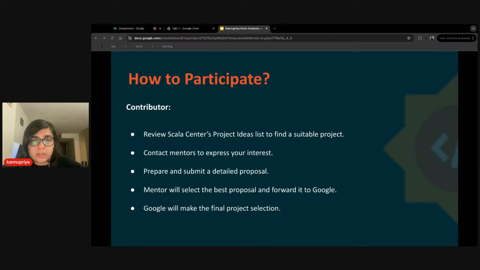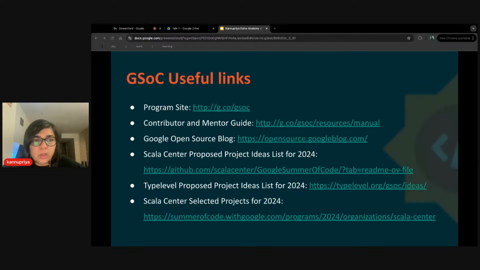Google will make the final decision on the project's selection. So the people pushing it forward are your mentors and Scala Center organization, but the final decision on how many projects are going to go ahead, which are going to get funding, is going to be made by Google. And coming next on the screen are all the useful links